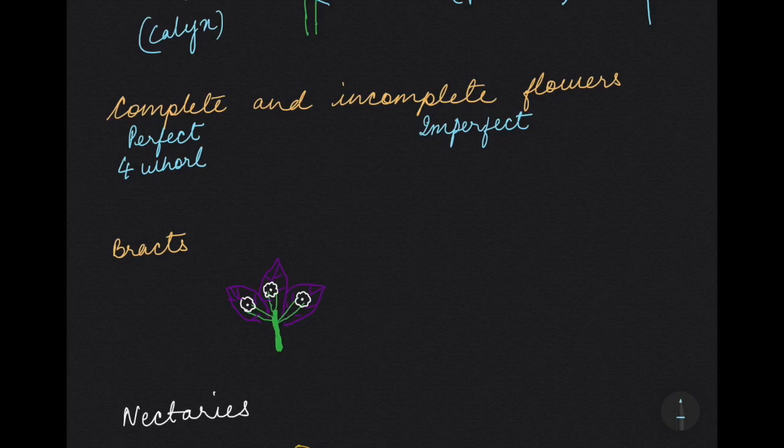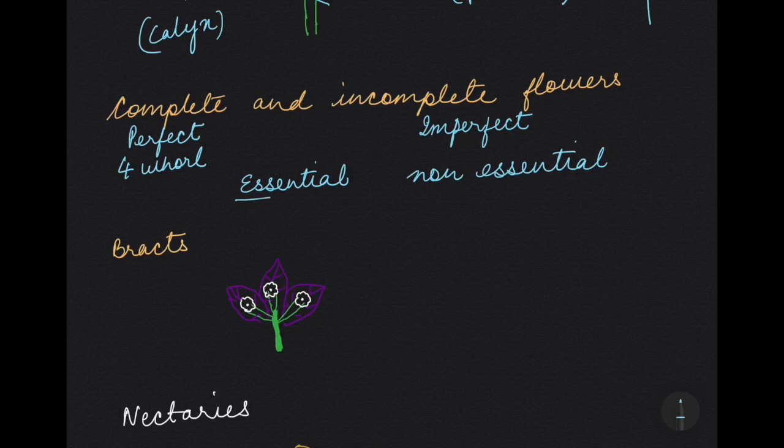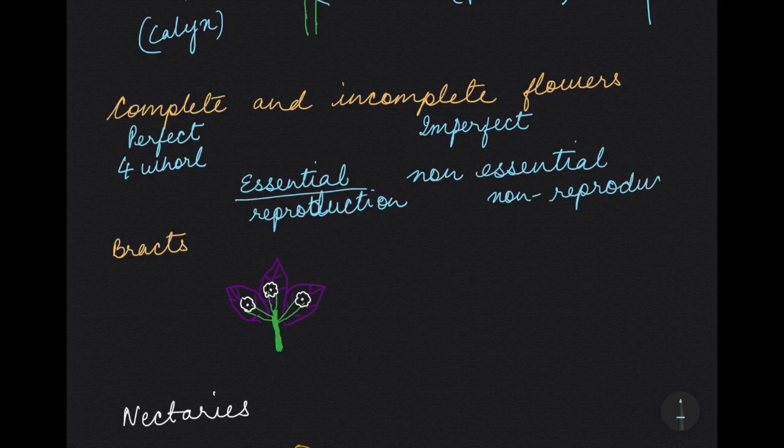Now there are 2 parts of a flower. One is essential and the other is non-essential. Essential means the part which is directly related to reproduction. And non-essential means they are non-reproductive. That means they will not directly take part in reproduction, but they help the male and the female gametes to